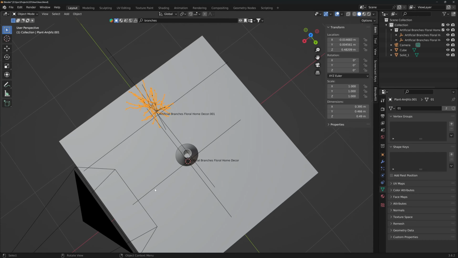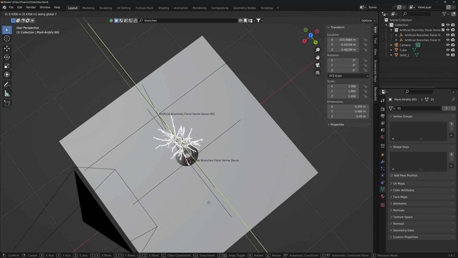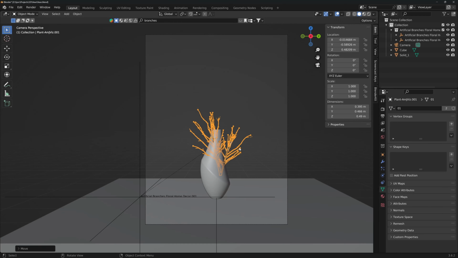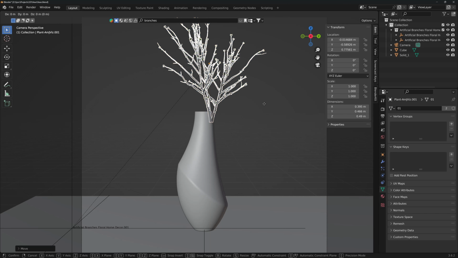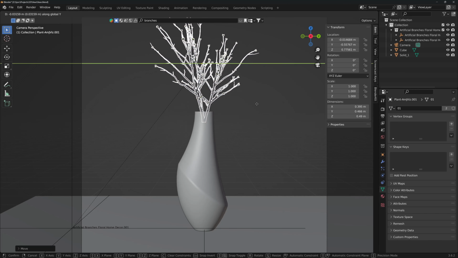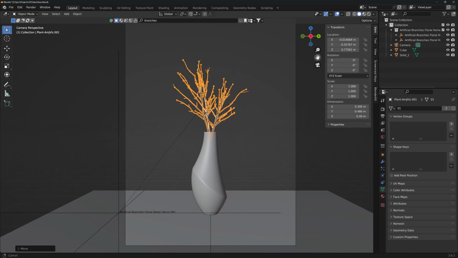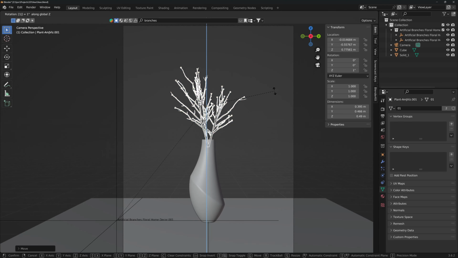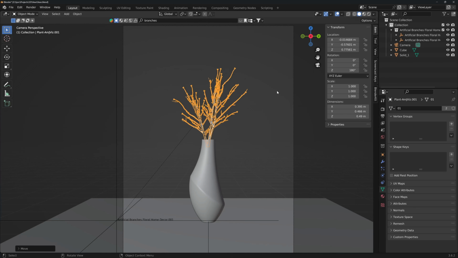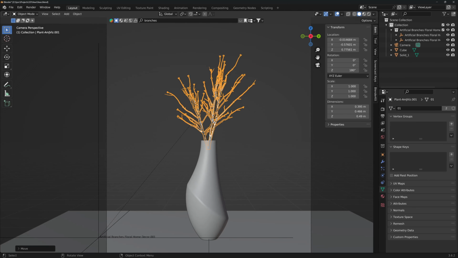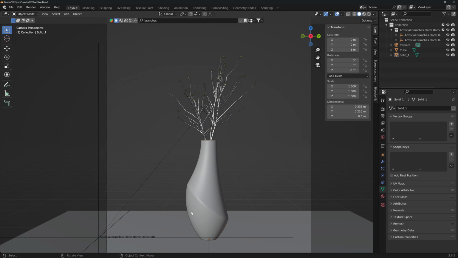So I'm going to need to grab Y, move it about there, grab Z, move it up. Okay, maybe I will rotate it 180, grab Y, move it a bit here so it's closer to the center. Okay, this looks alright. Move it down, because you see that the vase has more volume on the left side, so to compensate